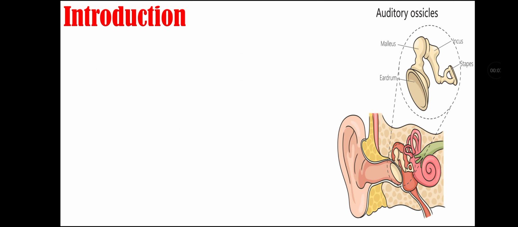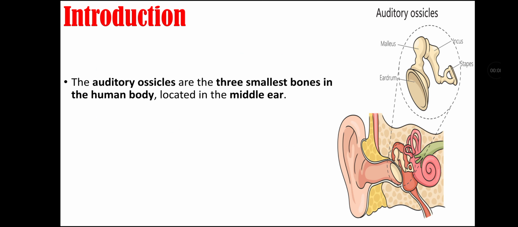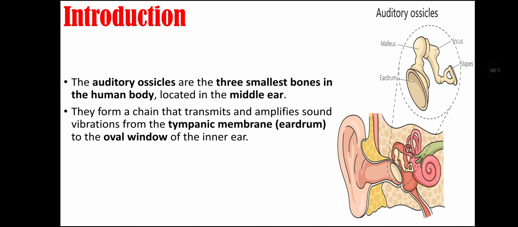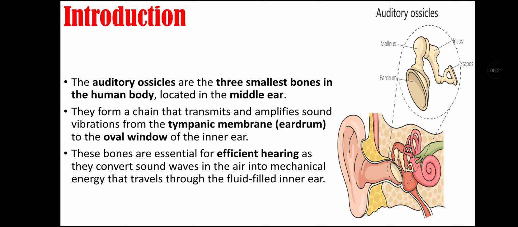So let's start our topic with introduction. Auditory ossicles are the three smallest bones in the human body that are located in the middle ear. They form a chain that transmits and amplifies sound vibration from the tympanic membrane to the oval window of the inner ear. These bones are essential for efficient hearing as they convert sound waves in air into mechanical energy that travels through